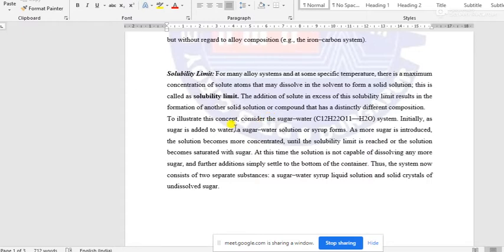Same type of operation you may do, that is, you may continuously add the sugar into the sugar water syrup. After some phase,